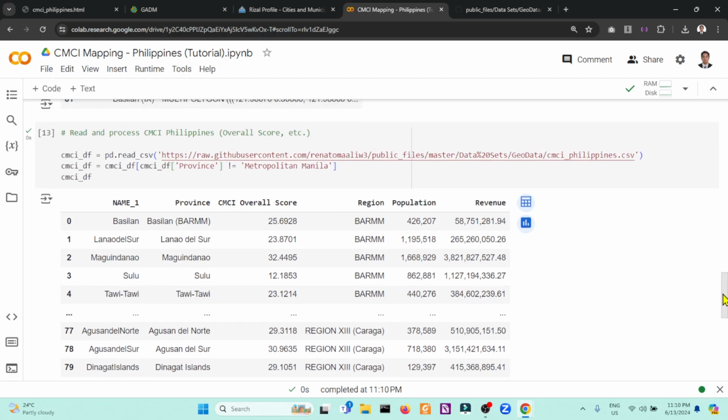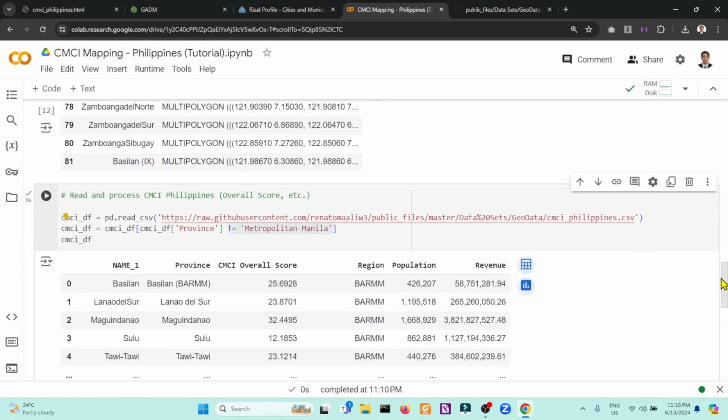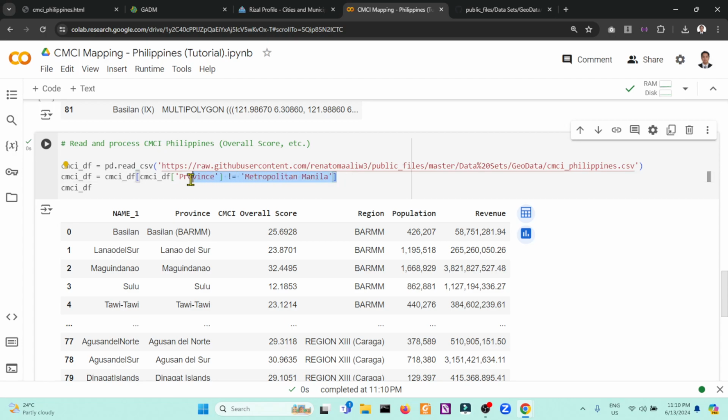So this line is a reassignment to CMCI DF that is not Metropolitan Manila. We are removing the Metropolitan Manila area from our CMCI DF data frame.